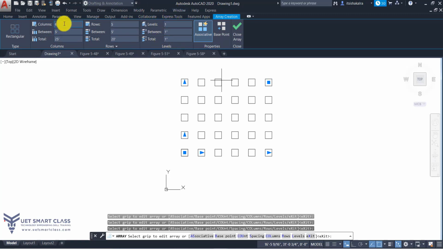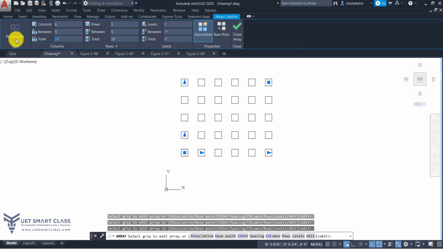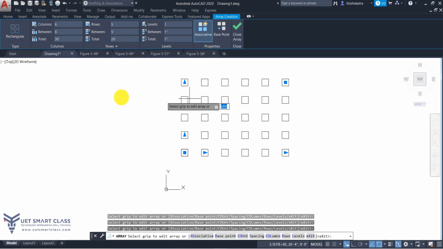Okay, as per the number of columns it has changed my distance between the columns according to the total distance which I have specified. Okay, for example, if I give an odd number, 28 feet, it has taken the distance as 5 feet 7 inches approximately. Okay, so I get 30 feet to round off.